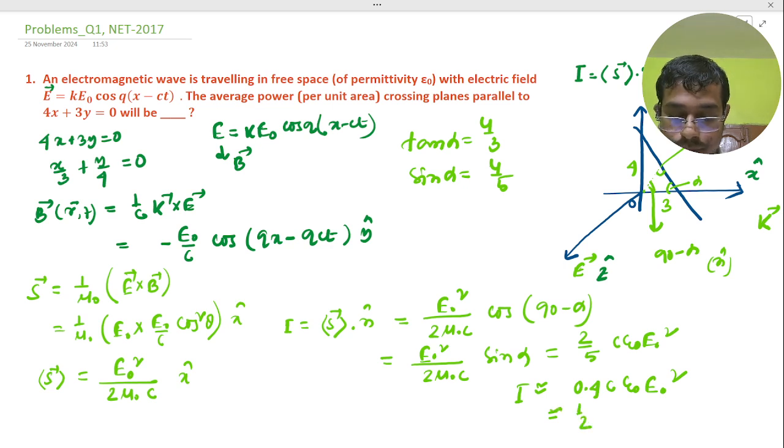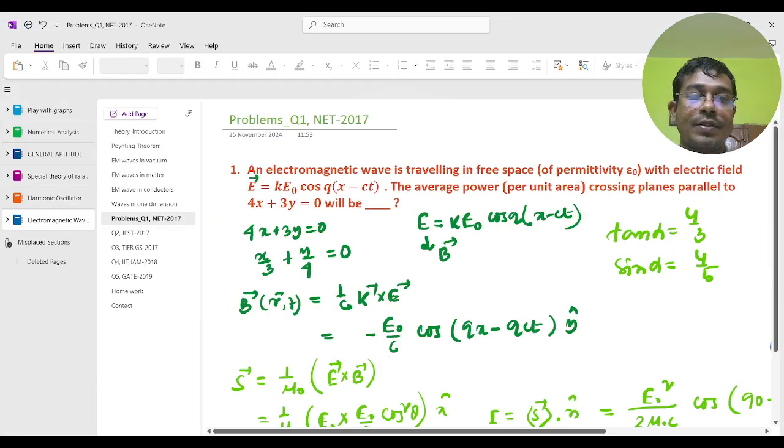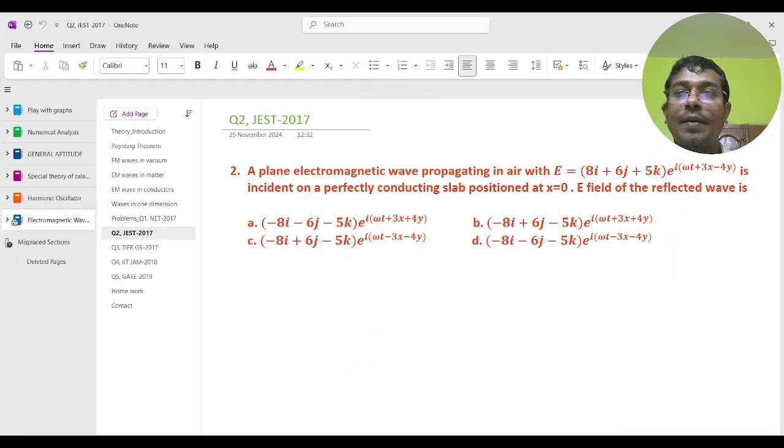Basically half c epsilon naught E naught square. So the average power, this would be the answer, half c epsilon naught E naught square. So go ahead, our next problem is coming in JEST